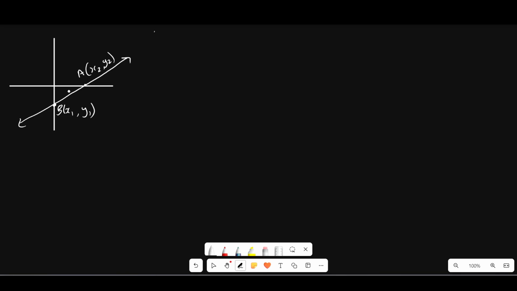Now, here on the screen, I have a straight line function. Okay, now we know in the straight line function we have what we call a gradient. Another term that can be used rather is a slope. When they say find the slope, don't be confused. Slope and gradient are basically the same thing. So the slope, or rather gradient, gives us the rate of change of one variable with